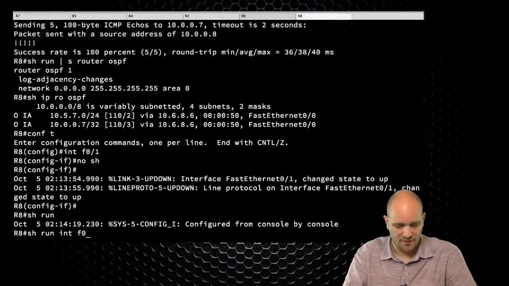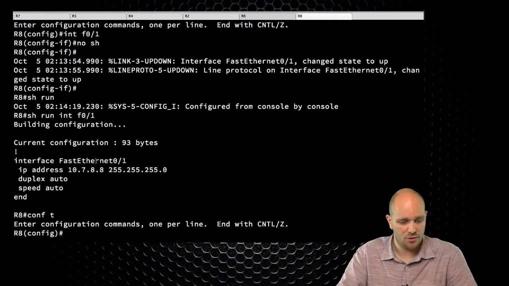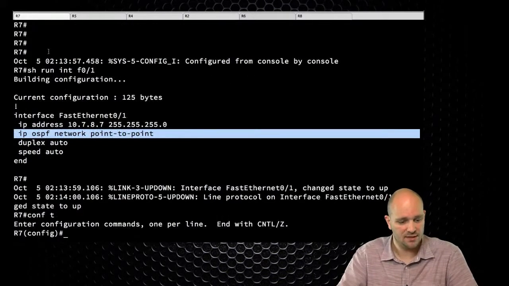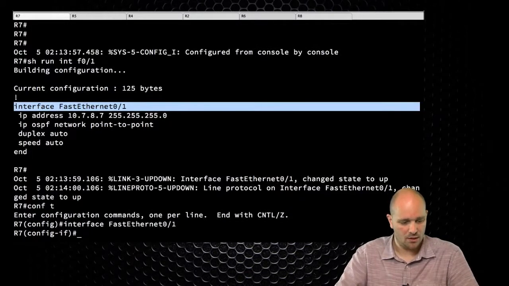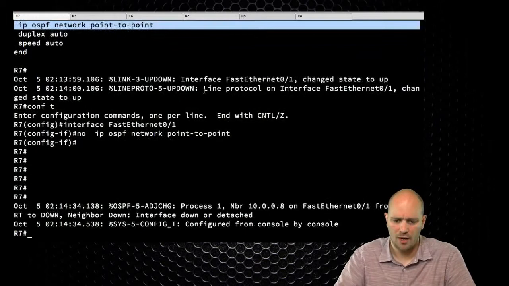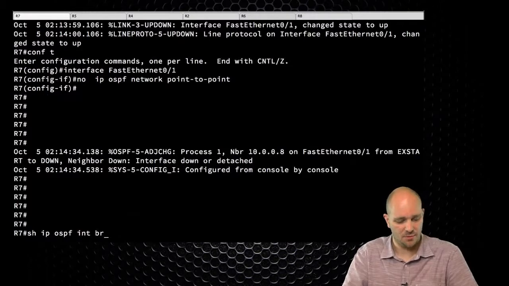So again, fastness 0.1 on this side, and on this side, of course, I haven't configured it, so really not much about faster convergence. So let me then remove it on this side here, just to have some consistency. I don't know why it wasn't configured on the other side. So if I do show ip ospf interface brief,